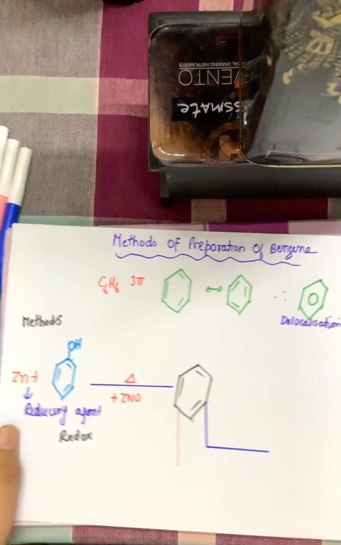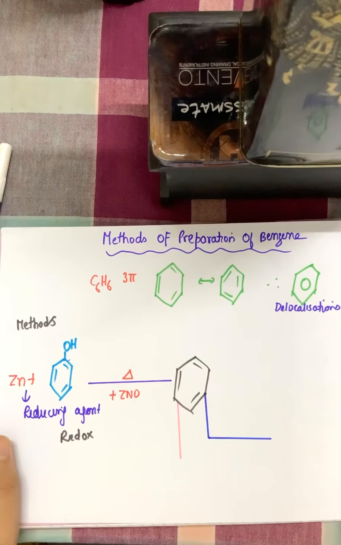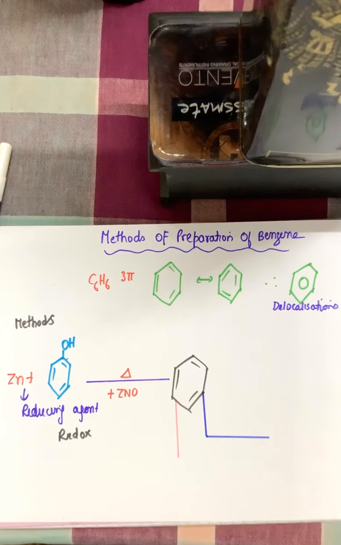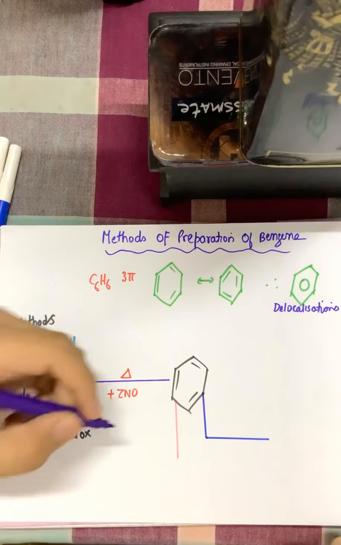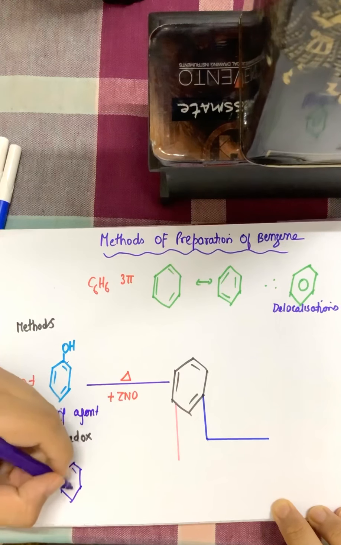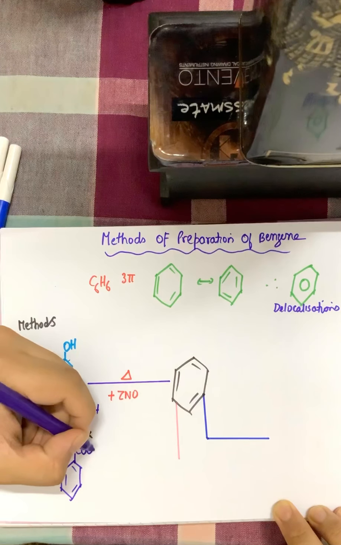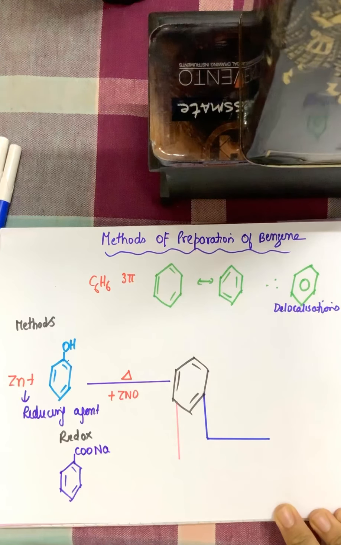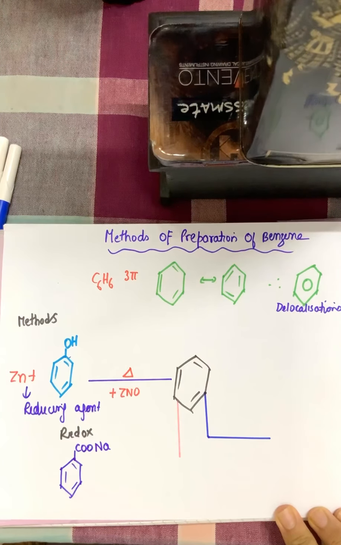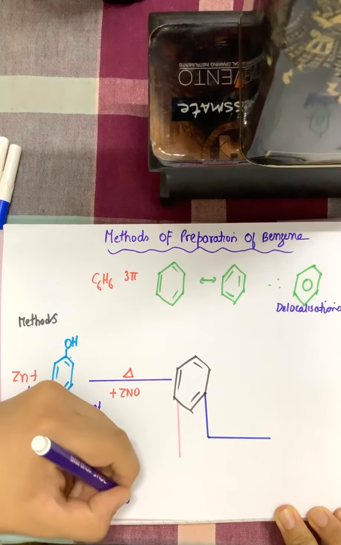The second method of preparation of benzene is from aromatic acids. That means an acid of an aromatic hydrocarbon, and we will remove the carbon part of it, the acid part of it, in order to get the benzene. So let's first understand what is the acid here. So when I talk about the aromatic acid, I am talking about this acid, benzene ring, okay, which is having this COO, and instead of H we are having a Na, because this is a salt of a carboxylic acid. Okay, this is the sodium salt of benzoic acid. If I remove Na and write H here, this will become benzoic acid. So this is called sodium salt of benzoic acid.